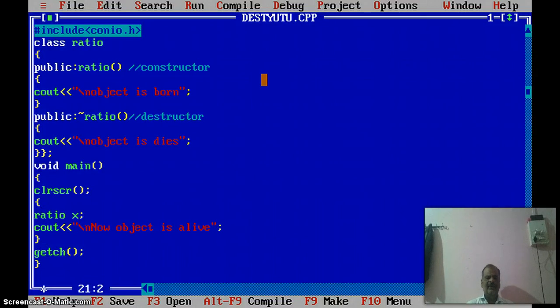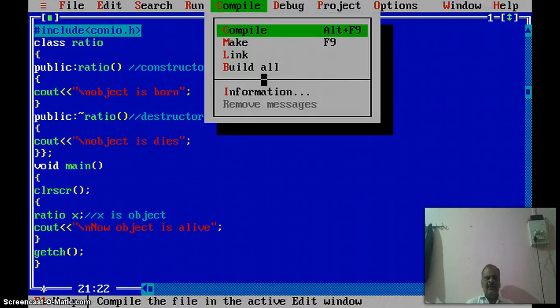If you do not give the scope, you cannot see the destructor's output at execution, but when you execute the program again, it will be seen. I will show it practically. This is called an object. X is the object.